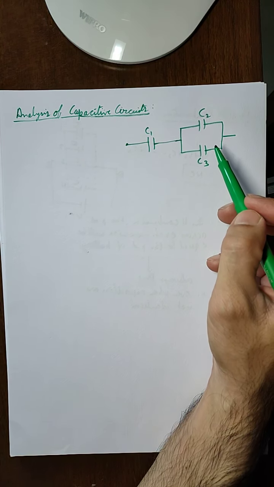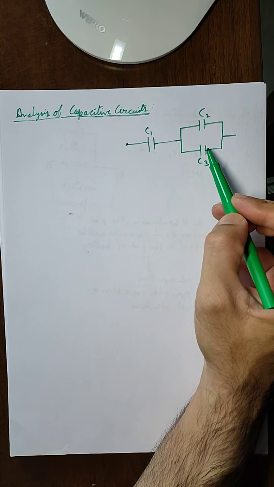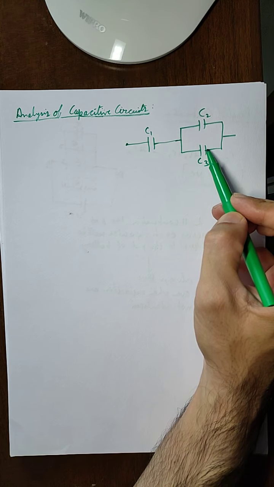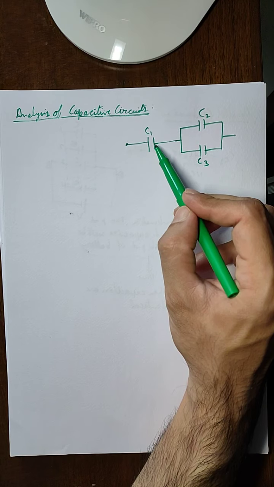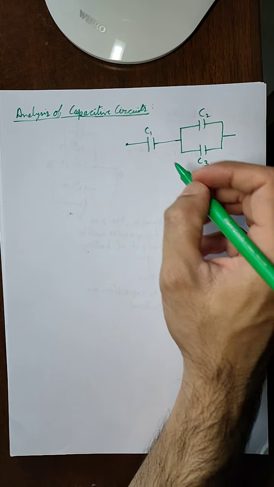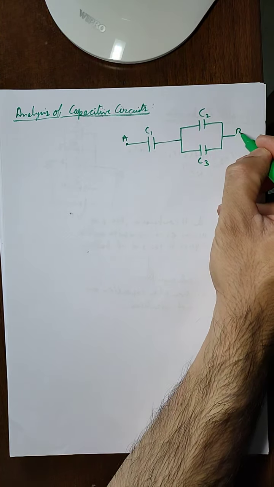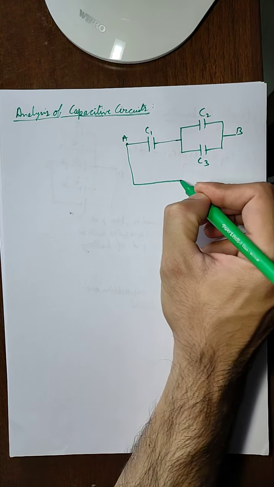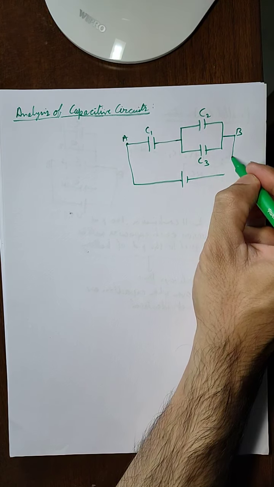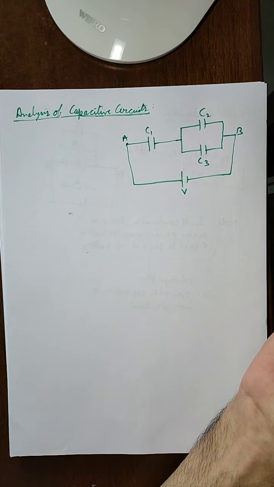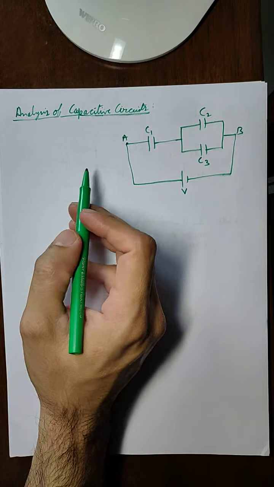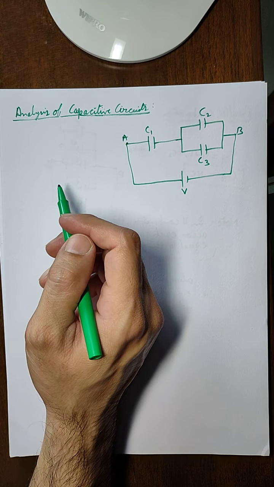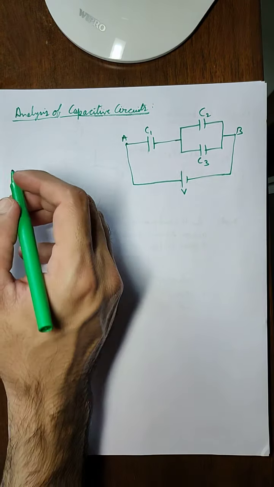Now from this diagram you can easily say that C2 and C3 are connected in parallel to each other, and the combination of C2 and C3 is connected in series with C1. Now suppose these are terminals A and B and they are connected with a battery of potential difference V. Now in this case you can directly apply the formula that we studied in the previous videos to find the equivalent